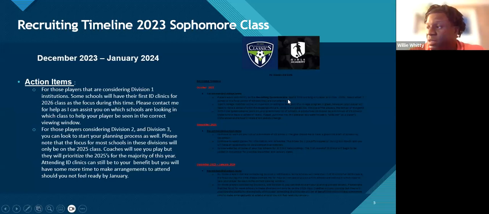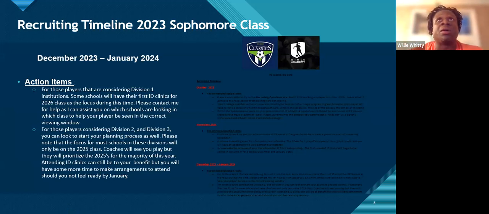By about December, they're going to start to post at the end of the Division I year, at the end of the Division II and III year, they will begin to schedule and post ID clinics. And again, for my sophomores, you need to know that if you are in a Power 5 scenario, I can't say that we won't be. I think there will be a few that will. December and January are going to be the dates where we want to be seen at some of our Power 5 schools. So what are Power 5s? ACC, Big Ten. Now it's not Power 5, right?